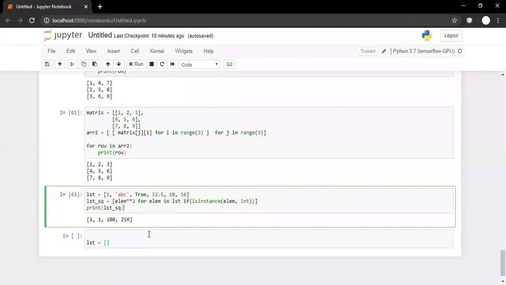Sure, Shubham? Shubham is saying, Ashwini, there is some error because the input and output are the same.